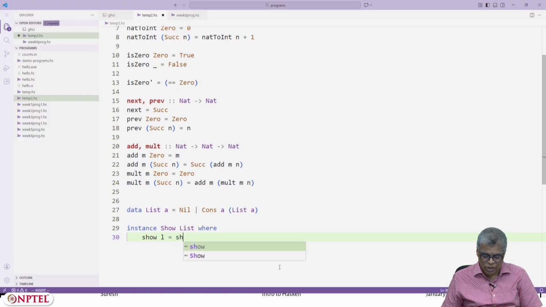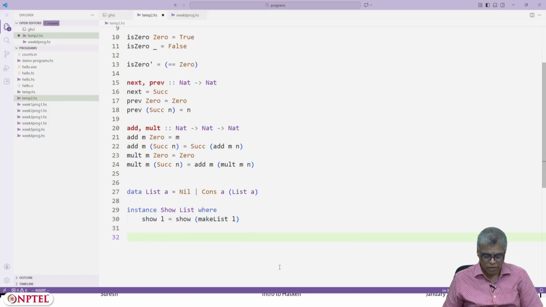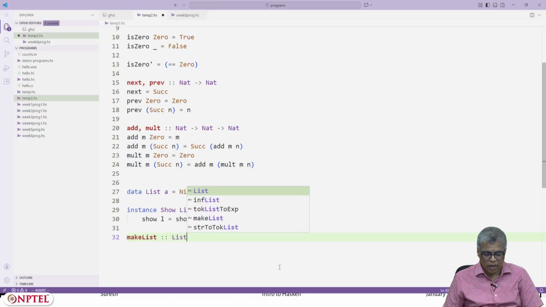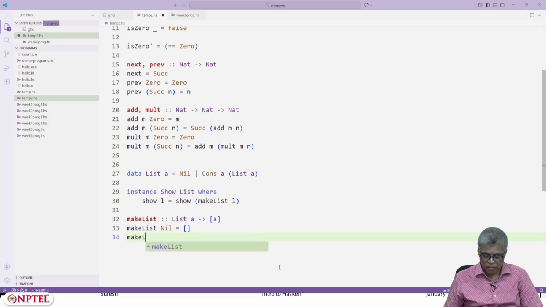Show of a list is just show of make list L. Okay, what is make list? So let's do this. It is of type list A, where list with a capital L to the built-in list type. Okay, that's all. It is X followed by make list of X's.